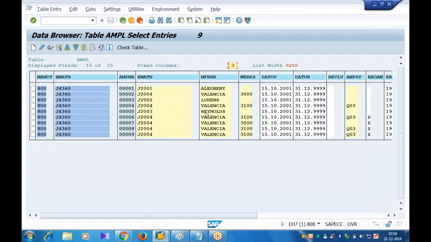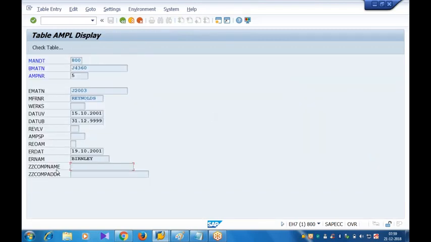Let me double click on this entry and check. What happened here? The additional fields are there, but the data is not captured. So what I'm trying to show is,